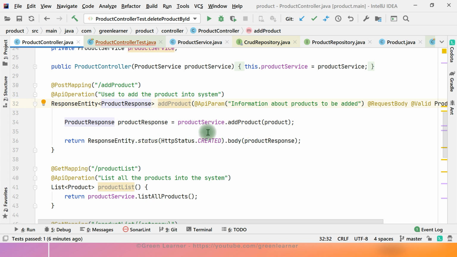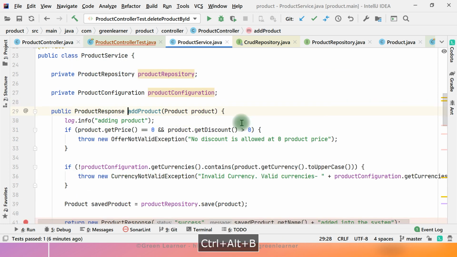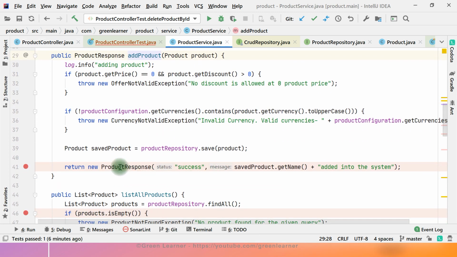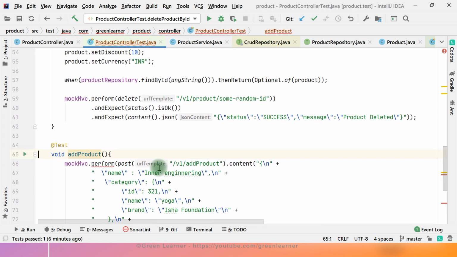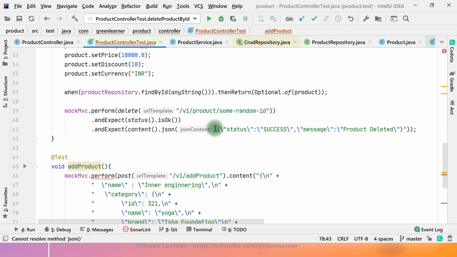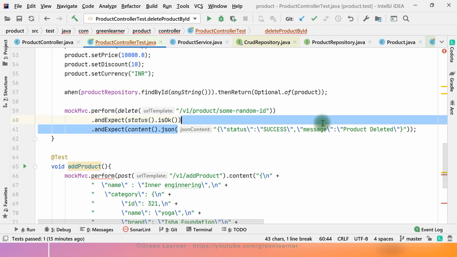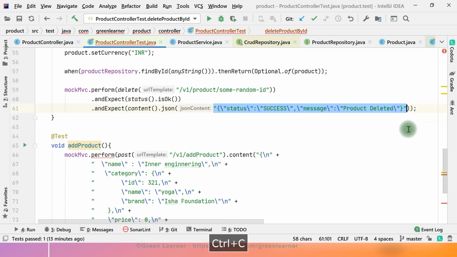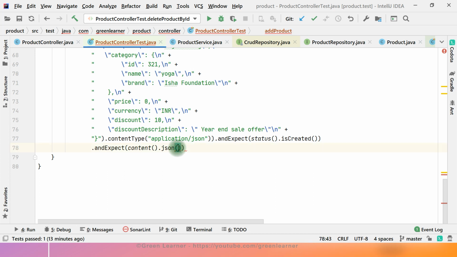If I see this add product here, it is going to give me some product response, success, this one. And we already created the product response, right? So I can use this one. Let's copy this part and put it under this one that we had. Not this one, it is not copied properly. So just take it from here and put it in this place.